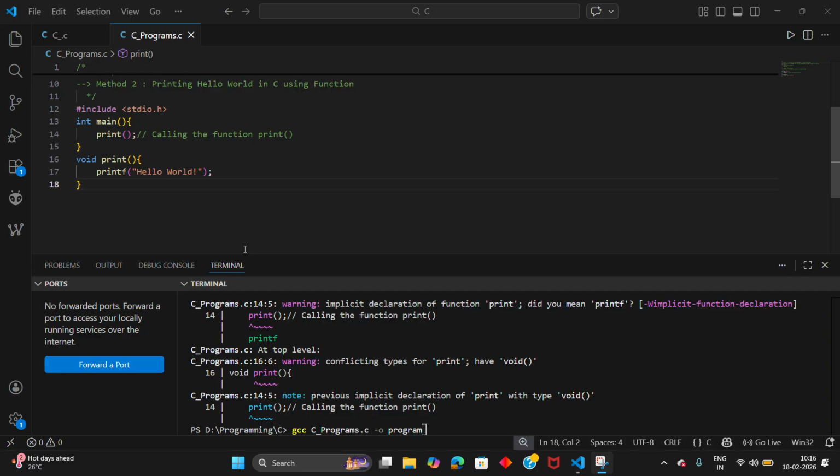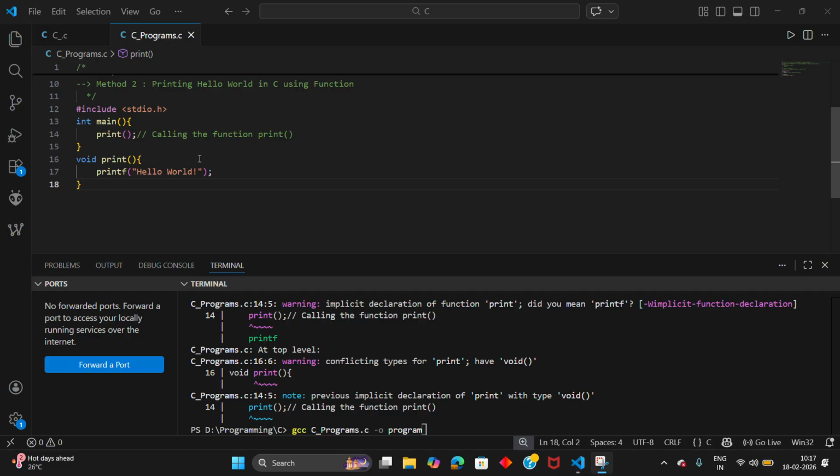main function, you must declare it. Okay, it means our C program will be executed line by line. In the previous case, what we have done is first we have used the void print function, which is a user defined function which we have created, and then after we have created the main function. So that there is no problem.